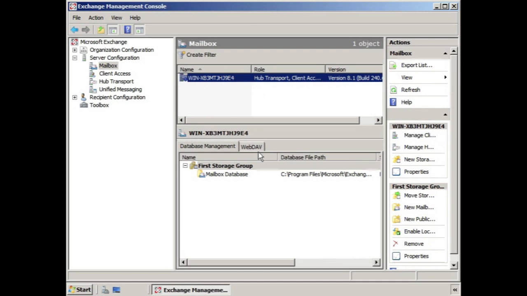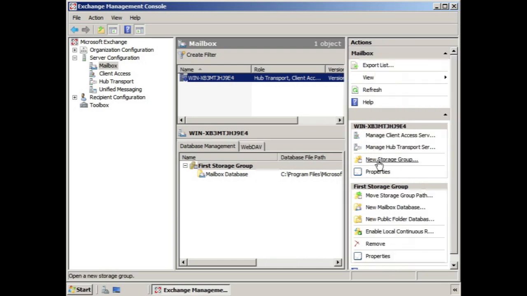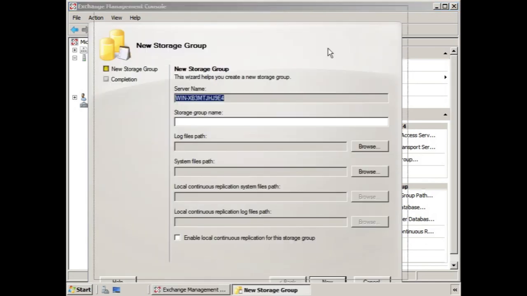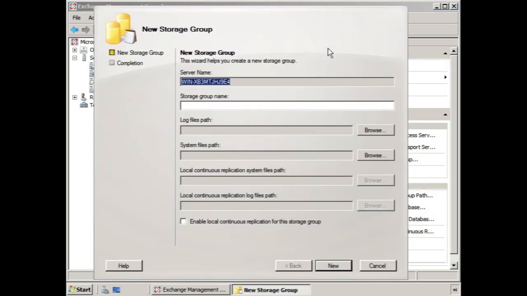Now here in the Work pane, if we expand out the Actions menu, you'll notice we have the option New Storage Group. If we select that link, it brings up the New Storage Group wizard. So we have the server name. We have to indicate a storage group name, and then we're asked where we would like to put our log files and our system path. If we click Browse,